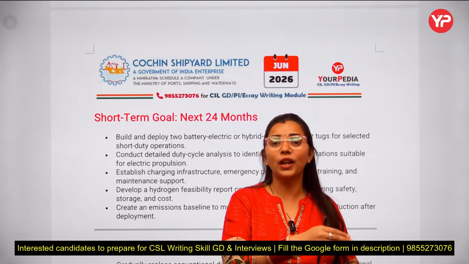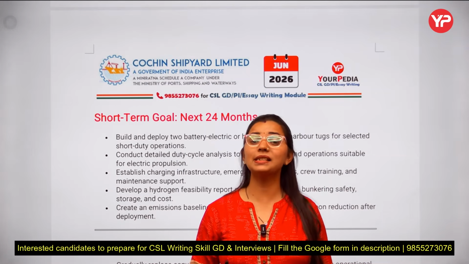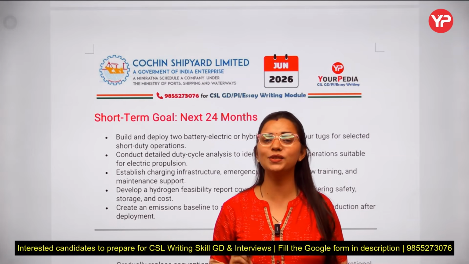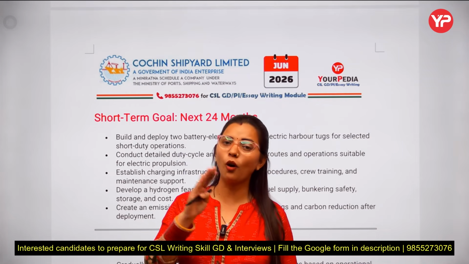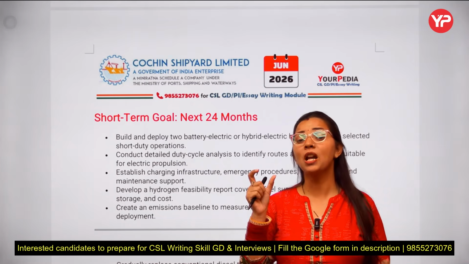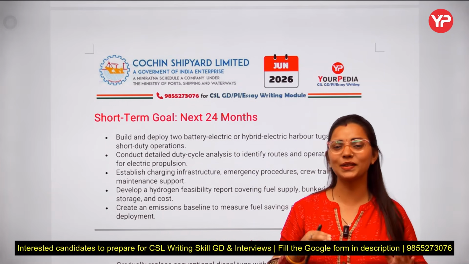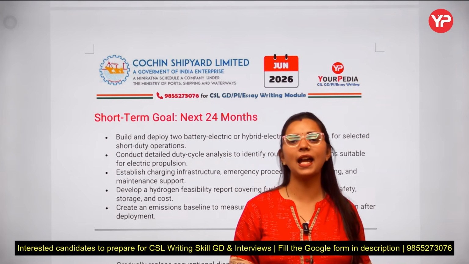It means various types of GDs are being conducted in CSL this time. Anything can happen. So now you need to study and practice in all 3 parts. You need to practice for the jumbled sentences as well, you need to practice for the generic GD as well, and you also need to practice for the role-based GD/GT as well.